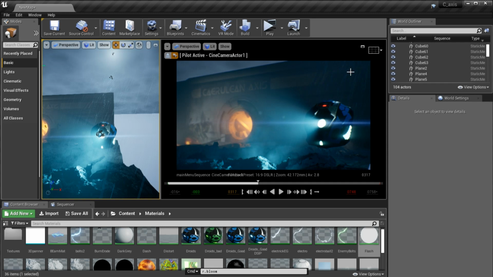The rain particles are Niagara, but it took a while to work out the shaders so that they showed up just in the light instead of everywhere, and you really start to see them when the flash comes in. The flash is again a light with a function that I created to create this timing for when the flash would go off,